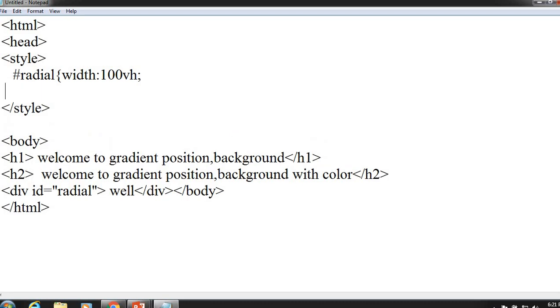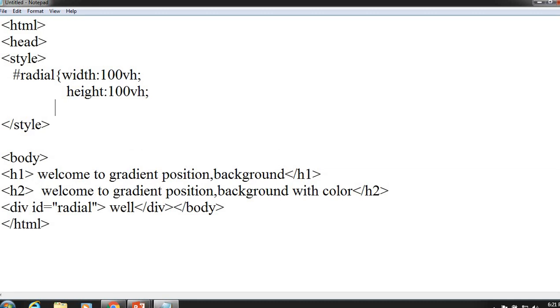Then we have the height for this, and again I will put the same. Initially I will put both the same. According to your requirement you can change to a different size.